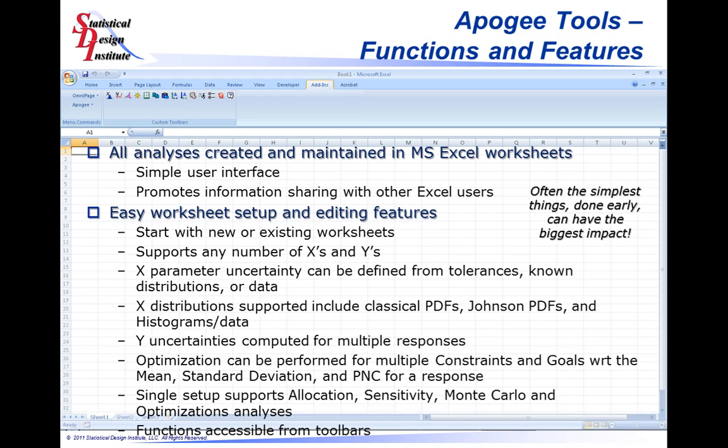The X's can be defined using classical probability density functions. You can use Johnson probability density function methods, or you can use histograms and data sets in the assignment of your X parameter distributions. You can analyze the uncertainty of multiple Y responses. You can perform optimization against multiple constraints and goals, and do the optimization not with just respect to the mean, but taking into account the uncertainty of the response as represented by the standard deviation. And then also you can do the optimization against the probability of non-compliance of the response. So you can optimize for quality of the design,